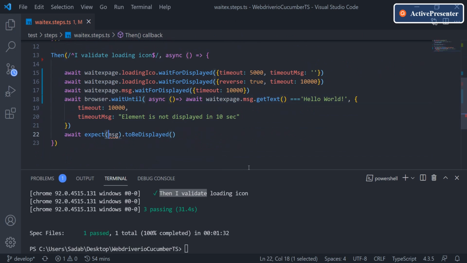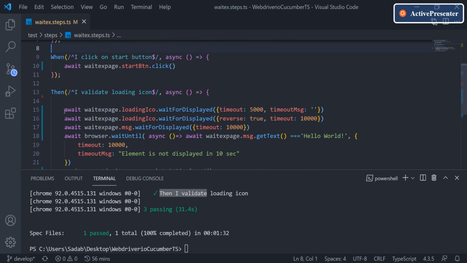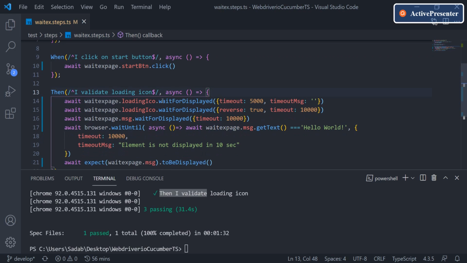The last one is here, right? Sorry, my bad, I'll replace this. Now all the changes are done and it's looking much better, right? We have a single await and we don't have to use multiple awaits. This is how we'll be writing in the new version.